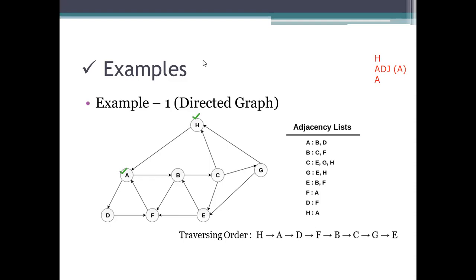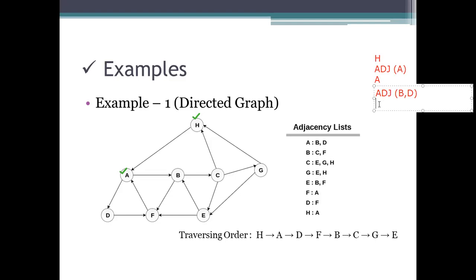And now see what values we have for A. Here we represented it as B and D. Okay. Now visit which one, B or D?